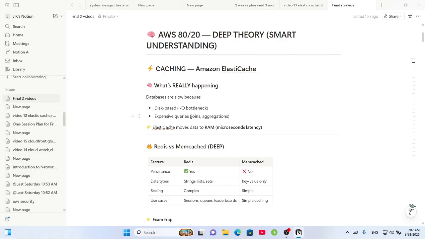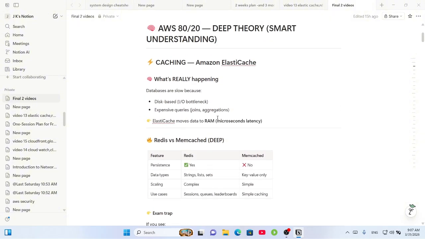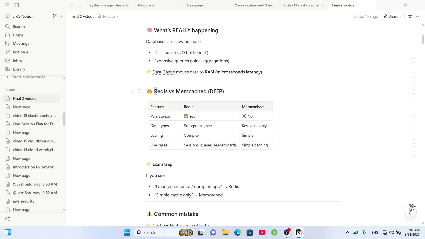The thing is, Elastic Cache moves the data to the RAM, which makes it faster. Microsecond latency. That's the benefit of Elastic Cache. Okay, moves the data to the RAM. So this is what we have. This is the difference, and there are two types of caching